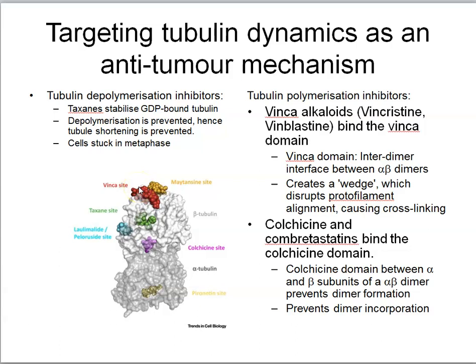And the importance here is this vinca site, if the drug is bound there, an incoming alpha tubulin will try to sit on top of this, and if the vinca site is blocked with this drug, it will cause the next alpha beta tubulin heterodimer to fit into place at a slight angle, and it will create like a wedge effect, and this will form the protofilament to form at a slightly strange angle, not straight,